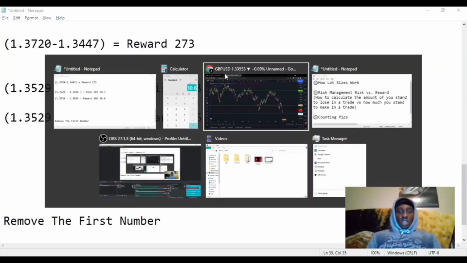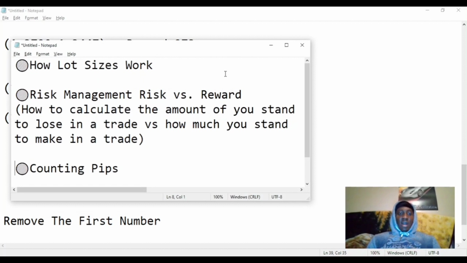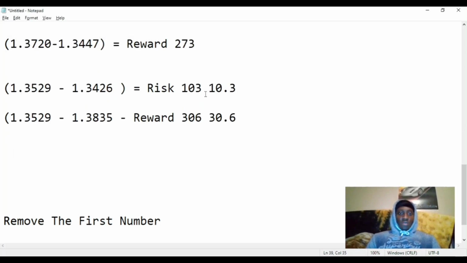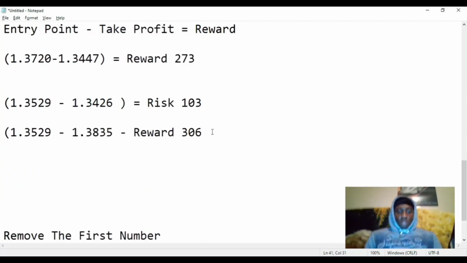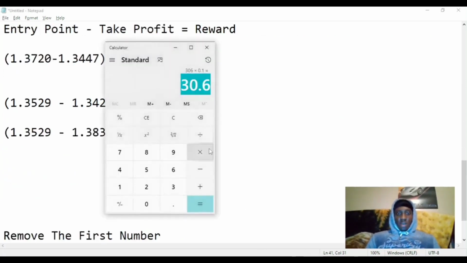Now this is an example of almost a 1-to-3 risk versus reward ratio, right? So now that you understand risk versus reward, you understand how to count lot sizes and how to count pips. All you have to do is take your risk or your reward and multiply it by the dollar amount for the lot size. So let's say you wanted to use a 0.20, $2 per pip, right? All you got to do, put in your calculator, 306 times $2,